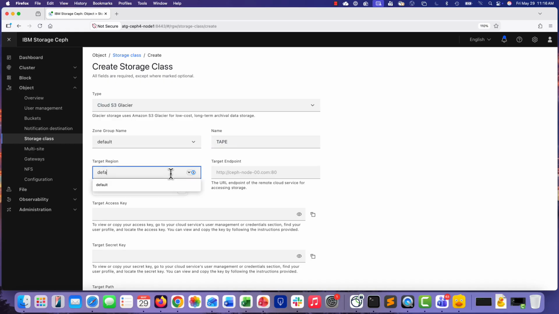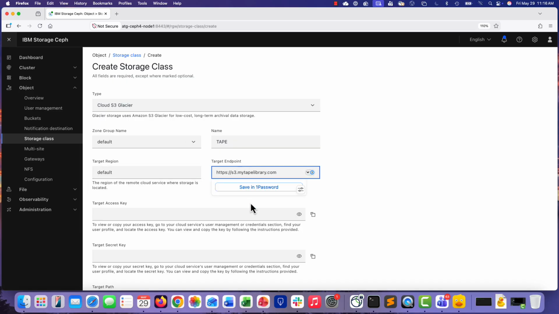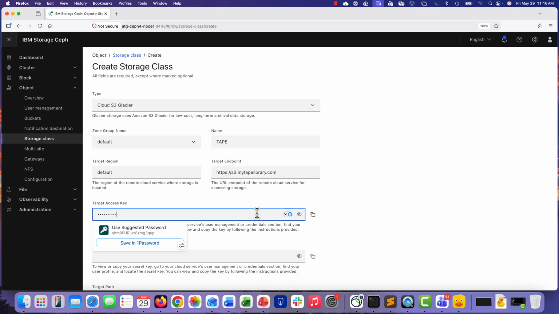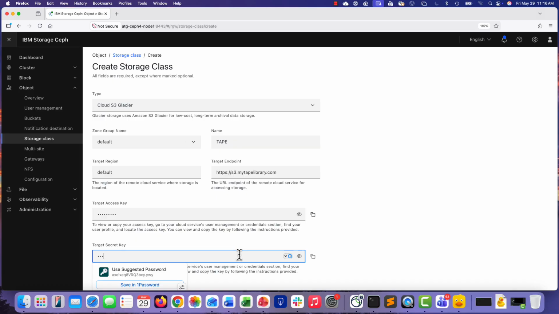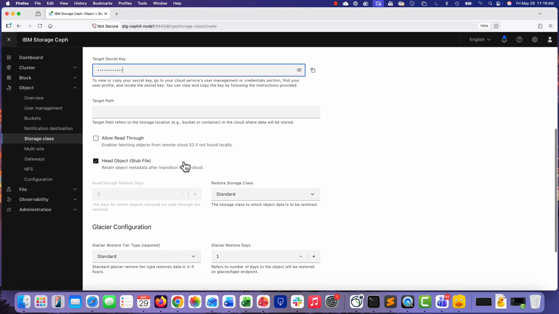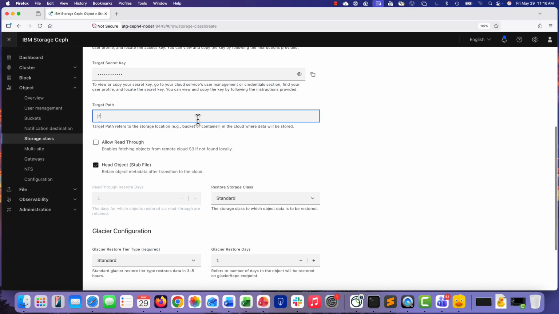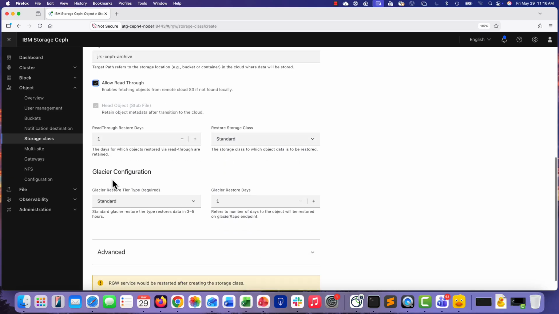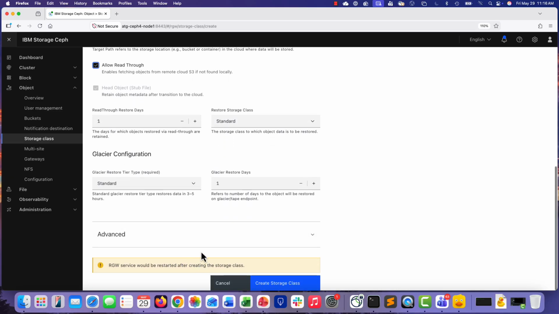We have to give it our own defined name. It could be the word tape, could be Glacier, could be anything you want. And then the endpoint for my S3 enabled tape library. Of course, we're going to have to write to that tape library using the HMAC keys of the library, access key, secret access key. We're going to allow read through. We're going to allow head object, leaving a stub behind, and that target path is a bucket name in the